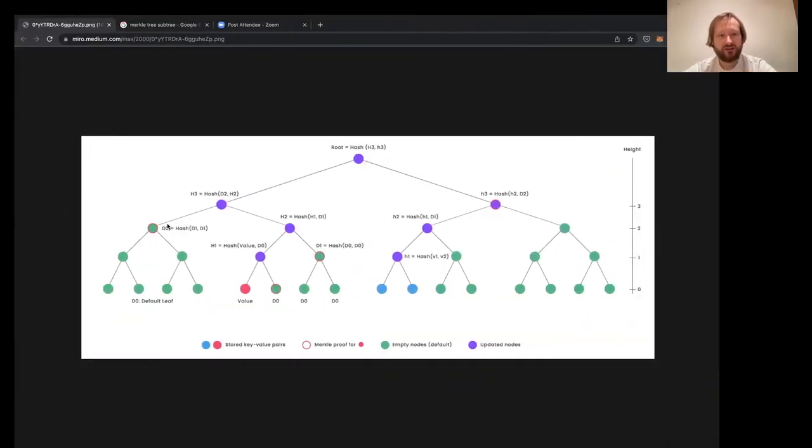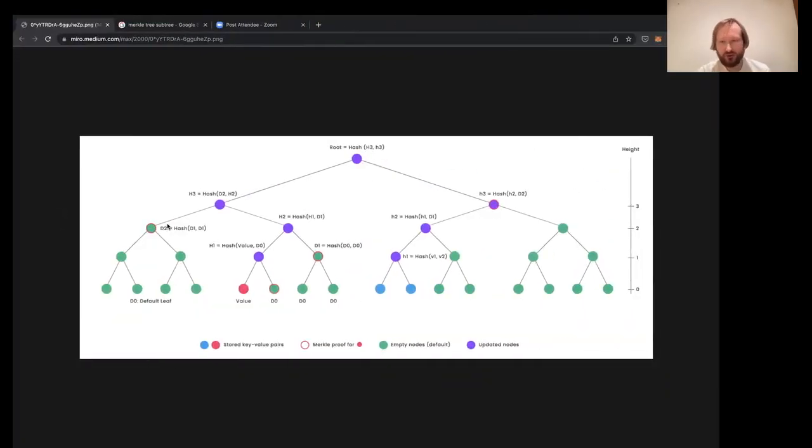And also, we want to put these new elements. So when we want to update the smart contract state, what we submit to the smart contract is the previous Merkle root that we had, then the updated Merkle root. Those are our public inputs. So the smart contract will check that the previous Merkle root is exactly what it has in its storage.